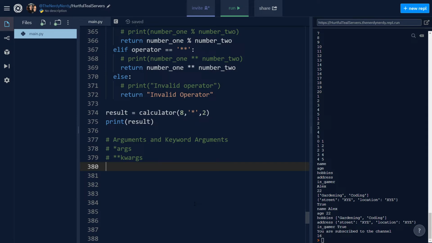So let us define a function to understand this. I'll make a function and name it subscription, with asterisk args. Here you can see we are putting the asterisk symbol right before the parameter name, which is args. Now the problem here is that we don't know how many arguments are passed to the function by the caller of the function. So let us first try to print the args to the terminal,